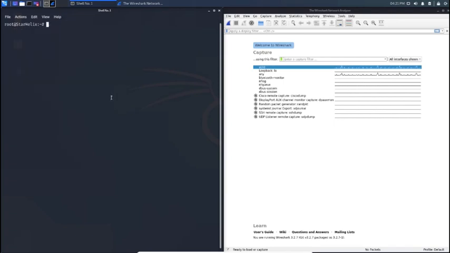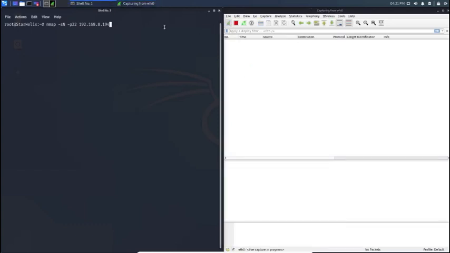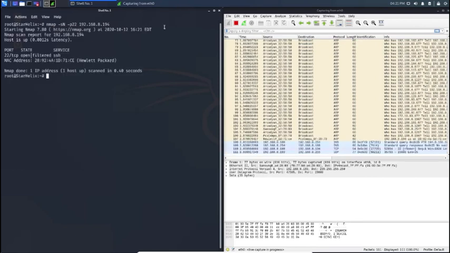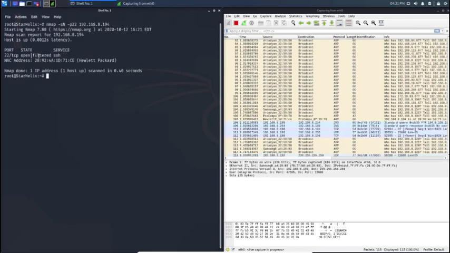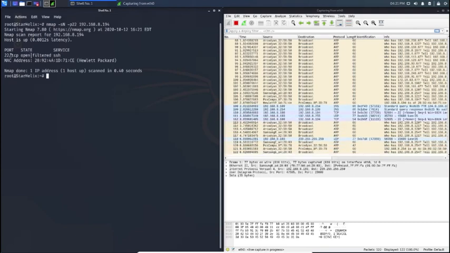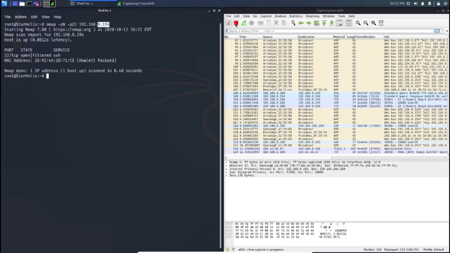So let's see how the nmap command will be structured for a null scan. It's going to be nmap -sN for the null scan flag. We're going to choose port 22 on our target, which is going to be 8.194. So we start capturing before we hit enter, and let's go ahead and hit enter. You can see that port 22 is open on our target 8.194. So we stop capturing,